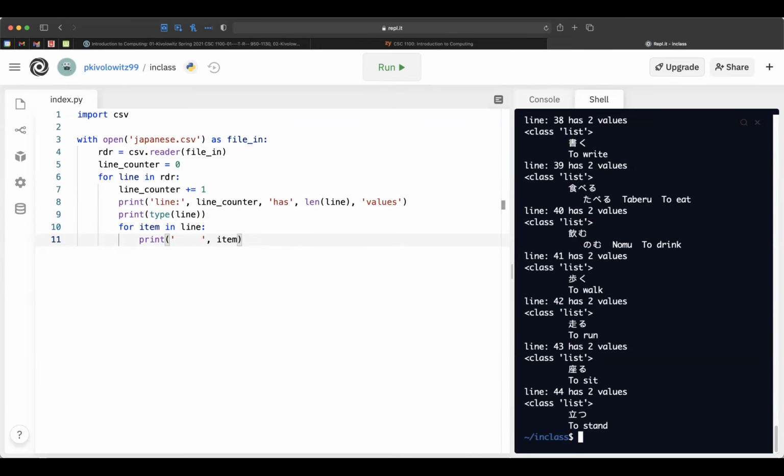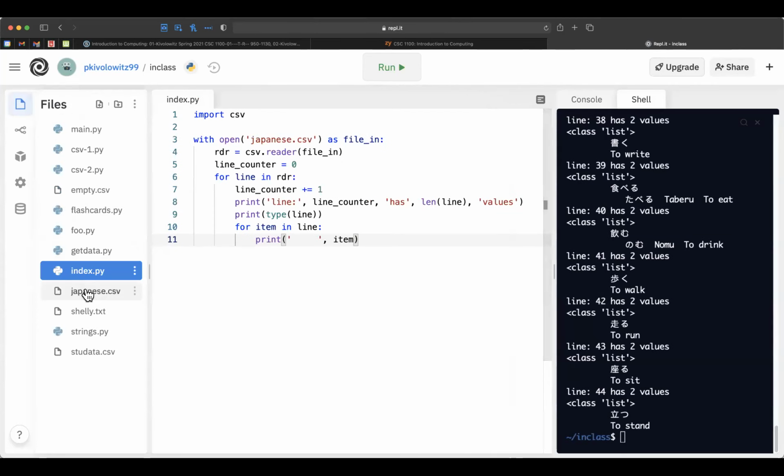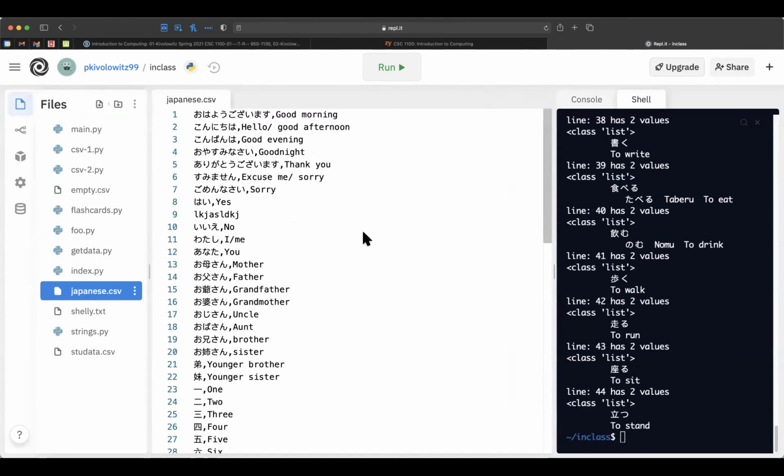I'm trying to wrap my head around this, and I think I'm making this more complicated than it needs to be. So the CSV file is just what it is, and it has lists inside of it. Well, it has lines inside of it. Why does it have lists then? Well, the list is being generated by Python for you to wrap the line into a handy data structure that separates the different values.